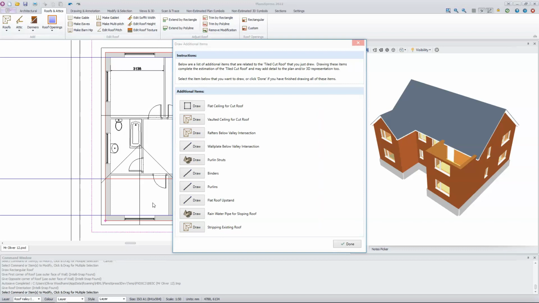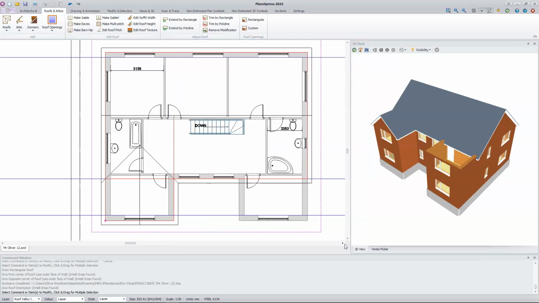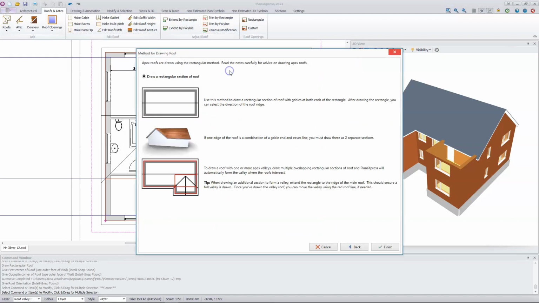Click Done to the box asking if you want to add additional roof items. Repeat this process to draw the other apex valley. Click on the icon at the top of the Roofs menu, select Apex Roof,